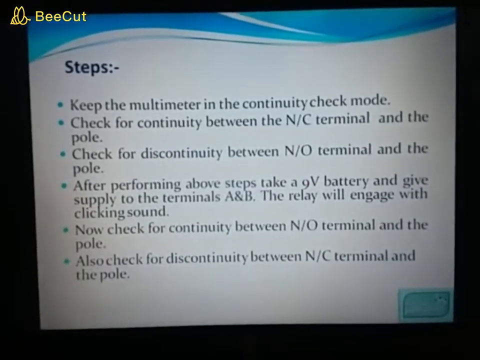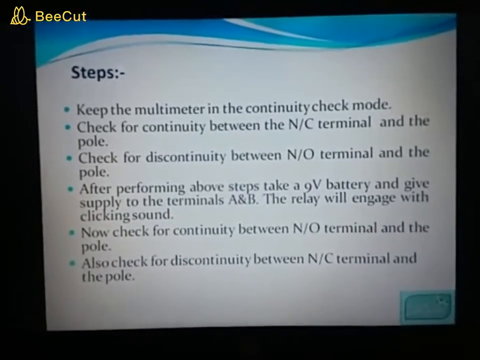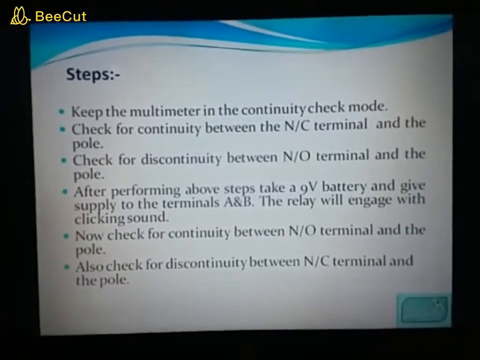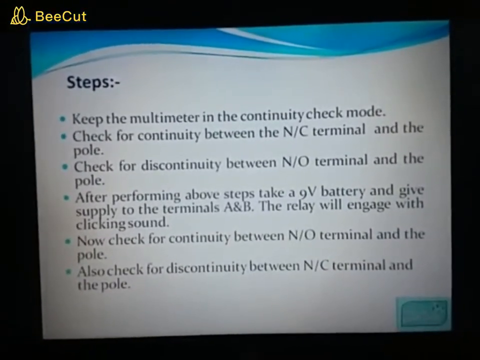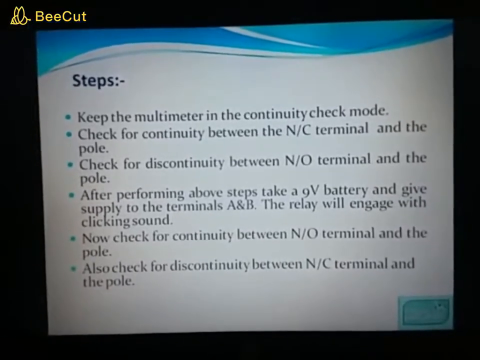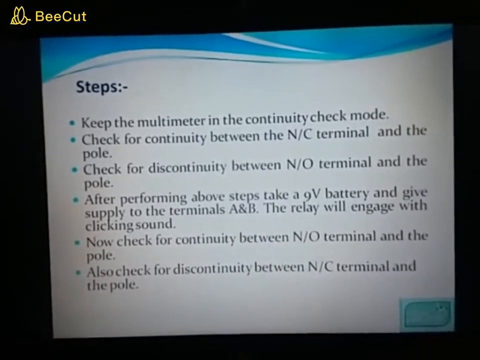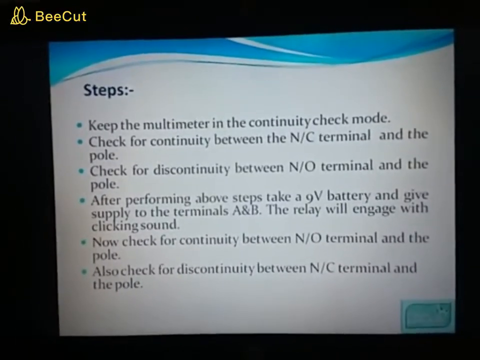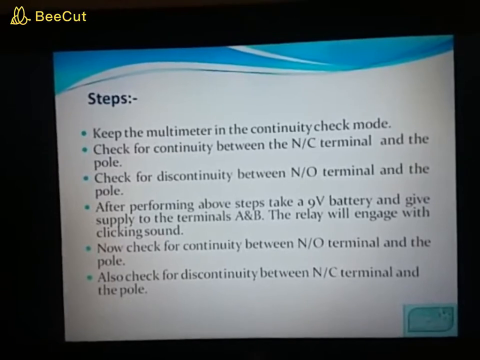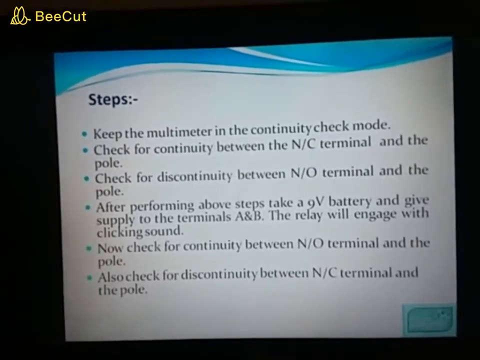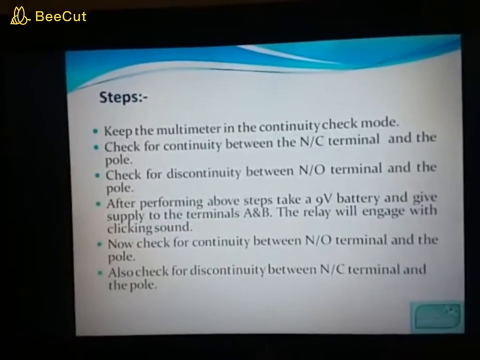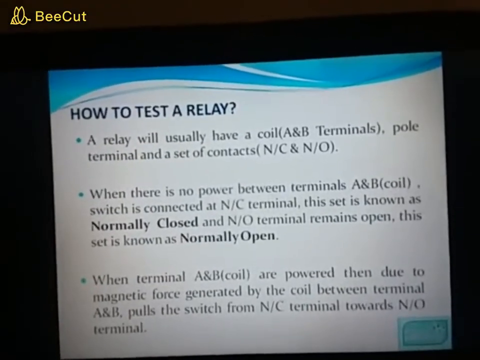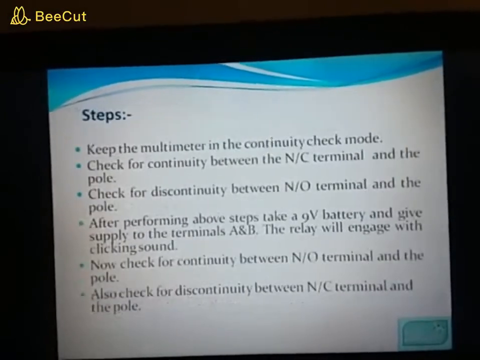When we touch the normally closed terminal, there will be discontinuity because there is no beep sound. And when we touch the probes of the multimeter to the normally open terminal, there will be the beep sound, just the opposite of the prior case. These are the steps, and this topic relates to how to test a relay.